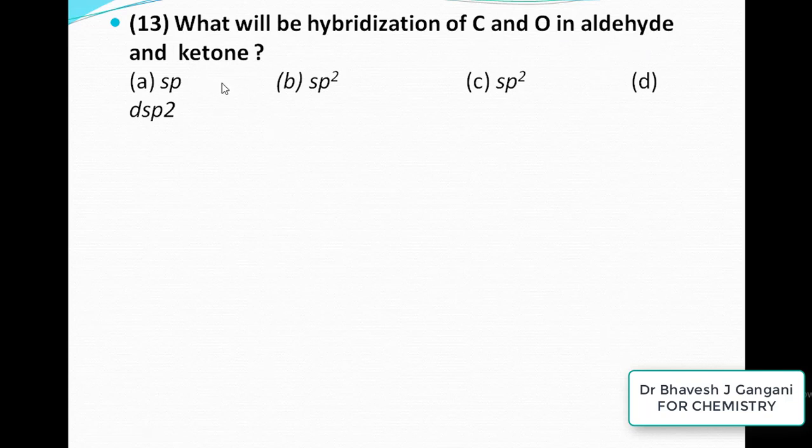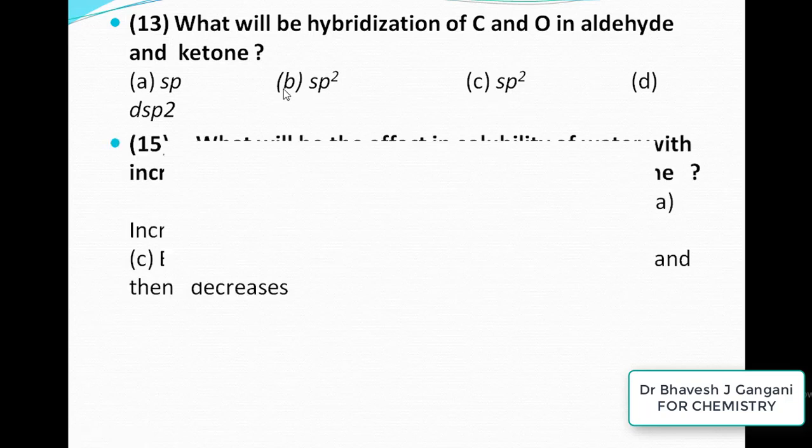यानी aldehyde और ketone में carbon का hybridization कौन सा है? Then answer will be, you can select any one out of this, because carbonyl carbon has sp2 hybridization. So option we can give B as well as C. By printing mistake here sp3 should be there, but here printed sp2. So you can select any one, B as well as C.